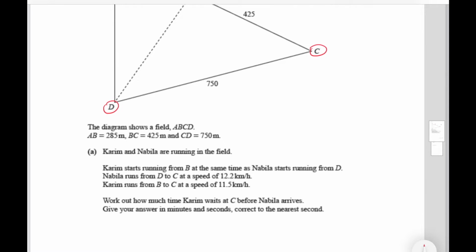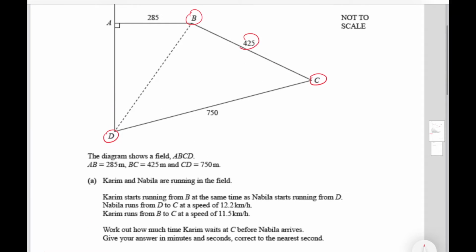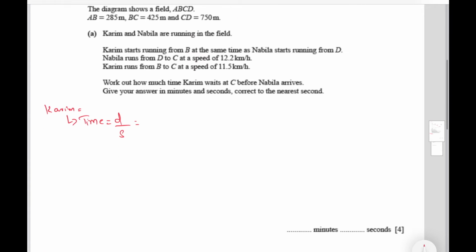So first of all, in order to find the time that Kareem takes, the formula that we use for time is distance over the speed. So the distance that is covered over here is 425 meters, which when converted to kilometers is going to be 0.425 divided by the speed, that is 11.5 kilometers per hour. Let's see what we get. When we do 0.425 divided by 11.5, this gives us